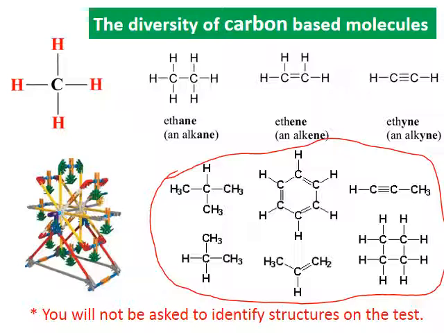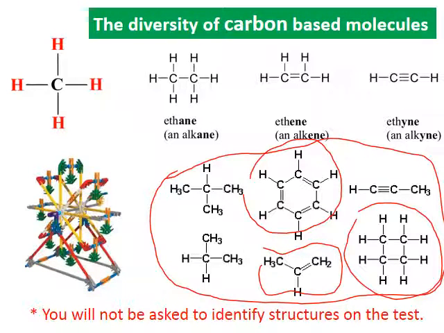So you can see that these carbons can form branch chains, ring-like structures, even squares. There's a variety of different shapes that can be made. So you can think of carbon as a building block, because we are carbon-based life forms. It's kind of like with this connect set over here. You can actually make a variety of different things.